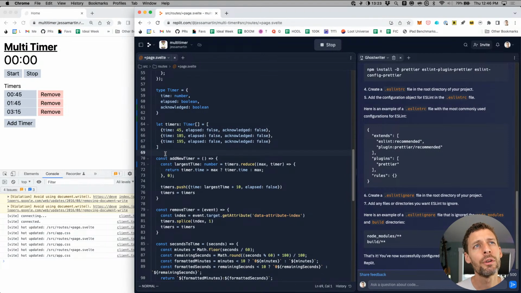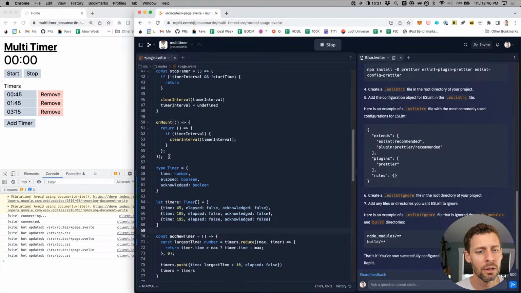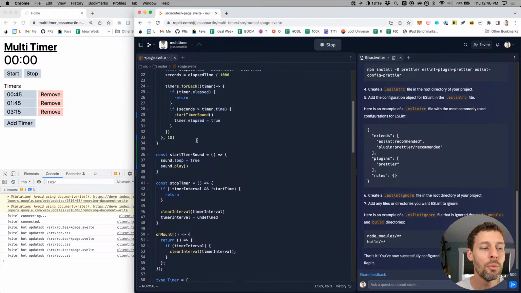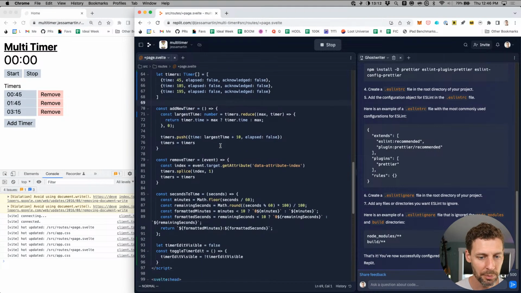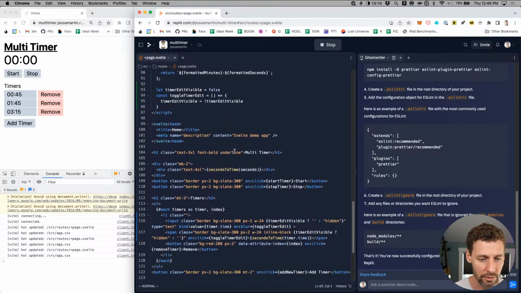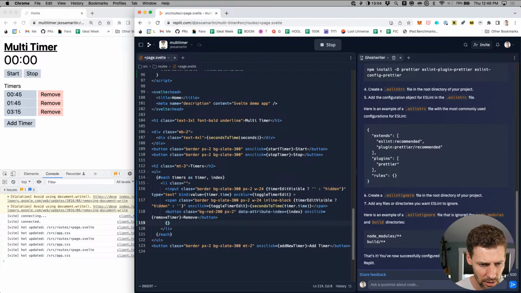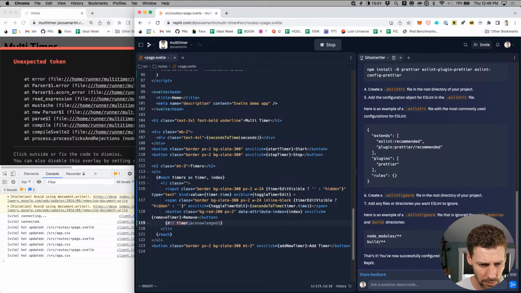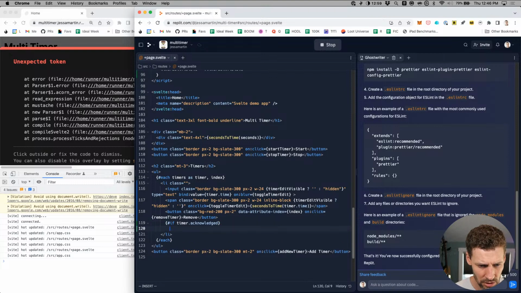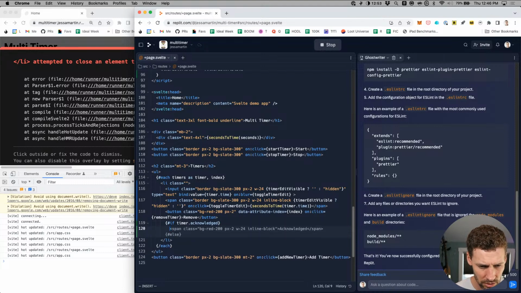Wait, why is it important to have the acknowledged Boolean? Because we're going to need to display something in the UI for each timer that says like stop playing the sound or did the thing or whatever. So in our inputs here, we'll have an if timer.acknowledged. Whoops. Ghostwriter was trying to give me a suggestion there.